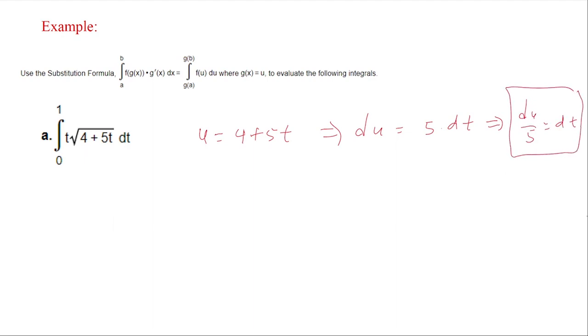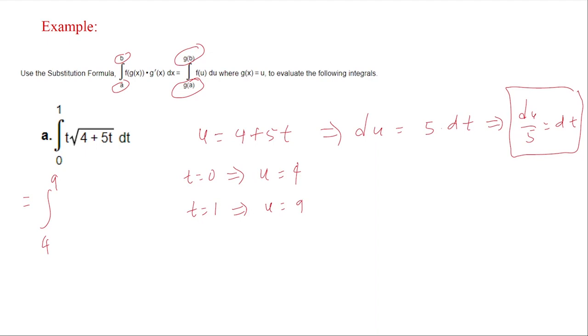And similarly we also have to change this limit of integration, like from a to b, it goes to the value of the function at a and the value of the function at b for that new substitution. So as you can see here, when t is 0, u would be 4 plus 5 times 0, which is 4. When t is 0, that will give us the value of the new variable as 4. And when t is 1, that will give us the value of the new variable as 4 plus 5 times 1, which is 9. So this integration after this substitution becomes 4 to 9,